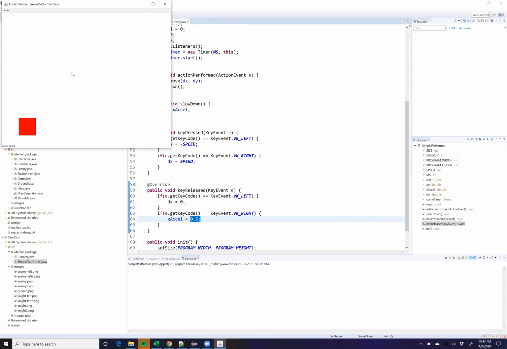So when I hold down the key, he's going to end up going. But as soon as I let go, you see that he's actually starting to go back. And I don't know if I'm going to be able to get him back. Oh yeah, there it is. Okay. So again, as soon as I let go,